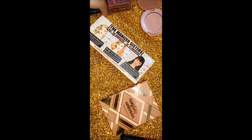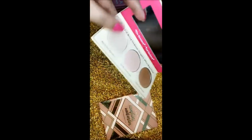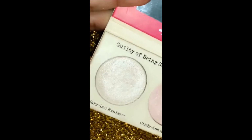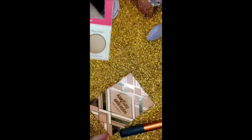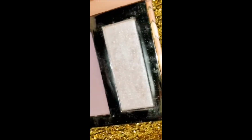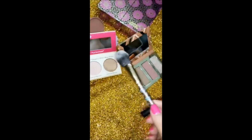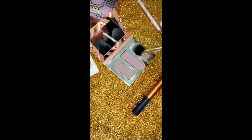Now we're gonna move on to the highlighter part, which I'll be using today is first theBalm Cosmetics The Minizer Sisters palette, and I'll be using this Mary Lou Minizer from it, and then from Tarte Hampton's Weekender palette I'll be using this shade named Beach Getaway. I'm using this Tarte highlighter brush. First I'm gonna tap in this